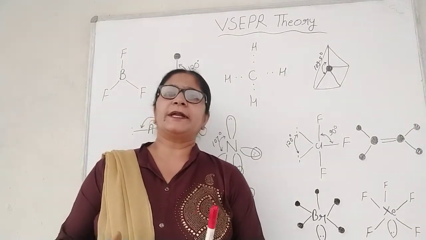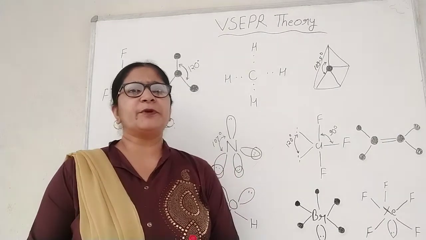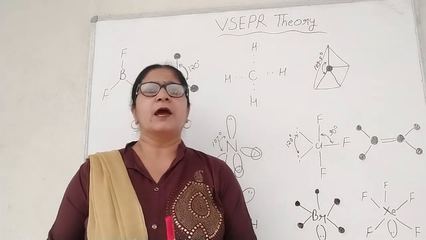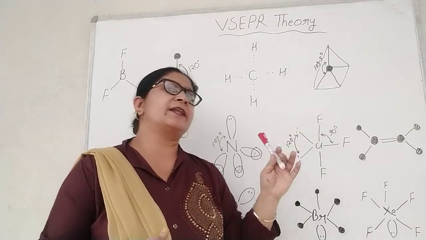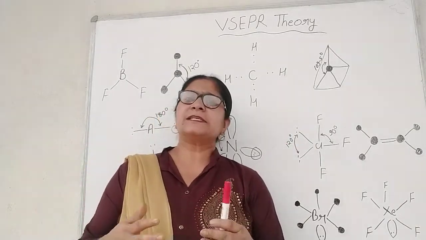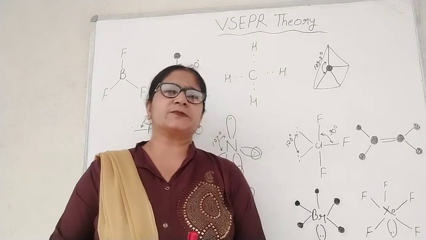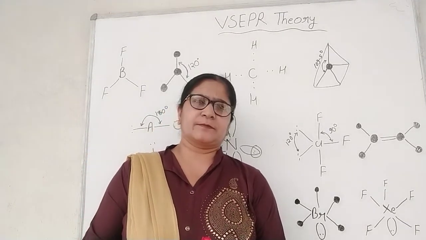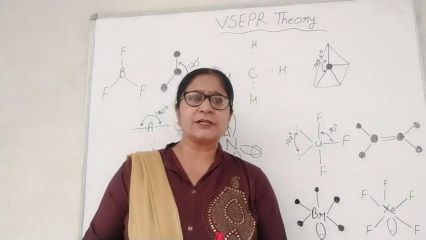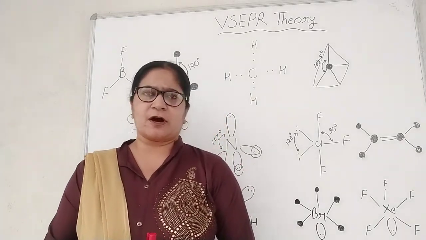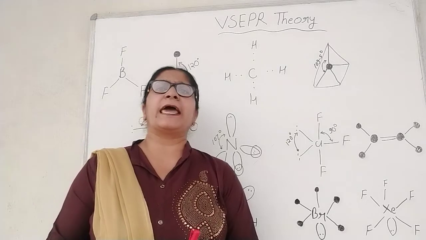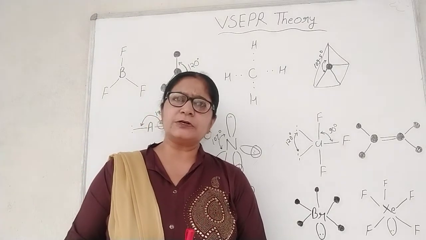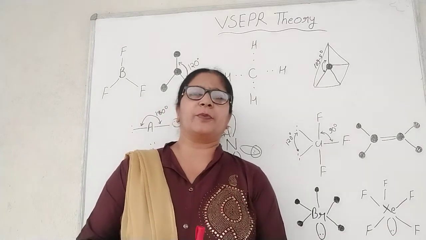However, the geometry of a molecule gets distorted due to the presence of lone pairs of electrons. Unlike bonded pairs that are shared between two atoms, the lone pairs of electrons are localized on the central atom. Due to this, they occupy more space, which results in greater repulsion. Thus, the geometry of molecules with lone pairs of electrons differs from the expected or regular geometry of molecules having only bond pairs.